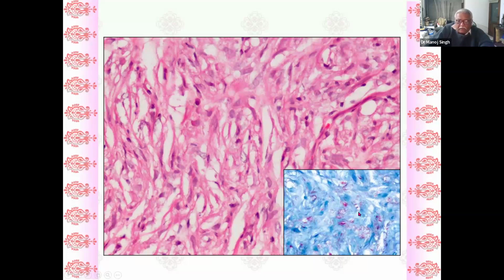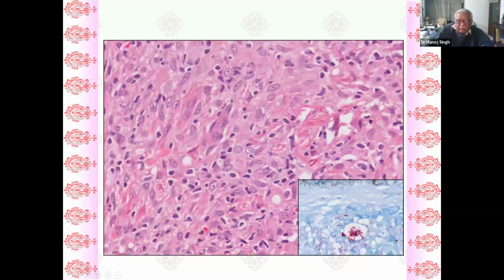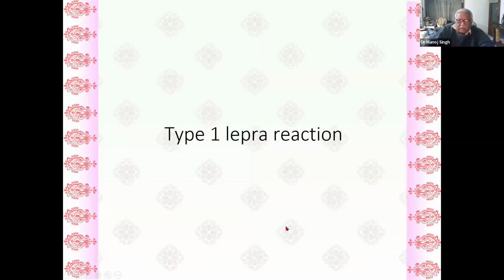This is a counterpart of the HND. And this is one very beautiful foam cell stuffed full of acid-fast bacilli. And this, of course, is the acid-fast stain. And this is the fluorescent stain,